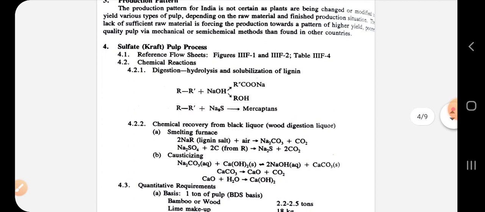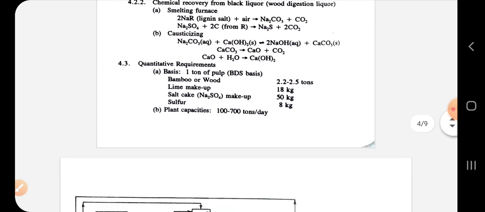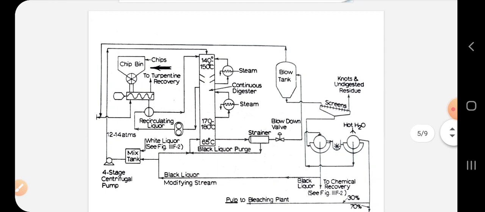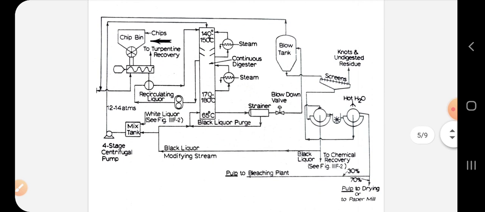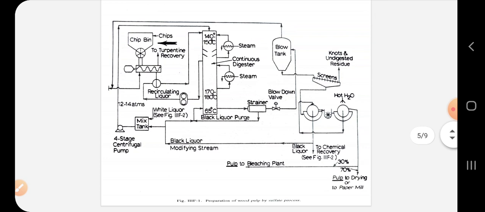These are the chemical reactions taking place, and now we will see the process description with reference to this flow diagram. This process starts with the use of logs of wood. These logs have a layer of bark over them, so they are debarked and then chipped, meaning cut into small chip-like shapes,